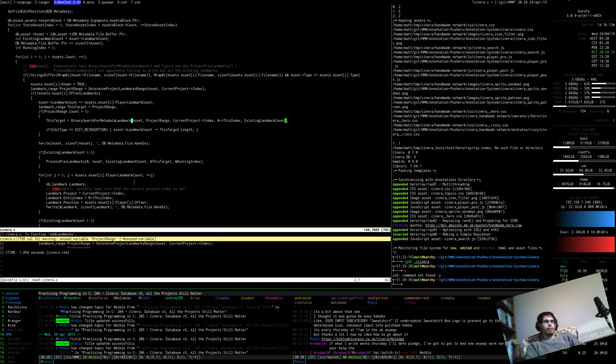And then the existing landmark count is irrelevant because it's just taken straight out of the range, right? I mean, suppose actually we don't need this index after all, because if we've got in here at all... I guess we can still make it take it, but what I was going to say was, when we're checking that project range,